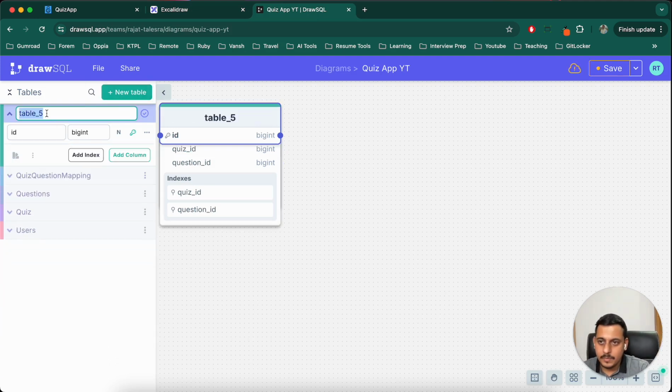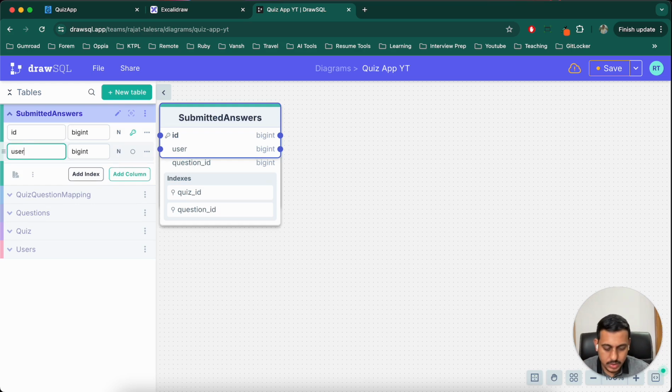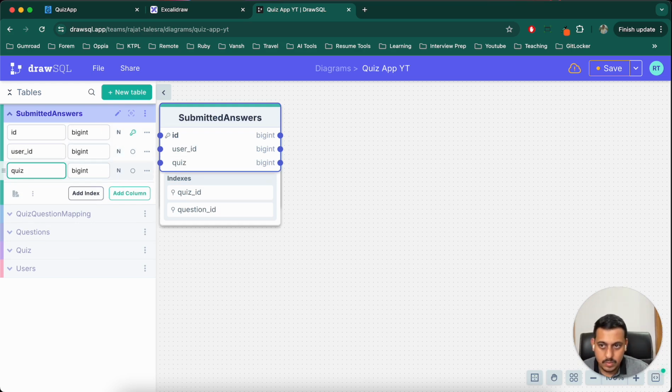New table, submitted answers, okay? By the way, I think I'll have to change something. I'll think about it, okay? So submitted answers, great. ID, begin, great. Now let's add user ID, not quiz ID, question ID. We don't need quiz ID actually. So question ID,